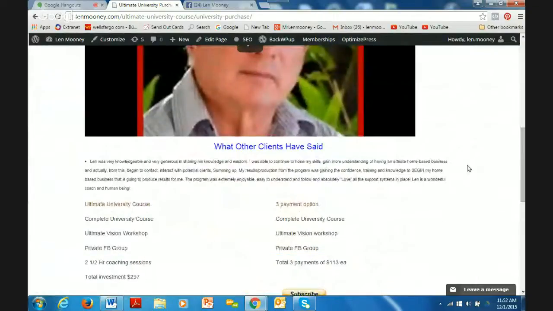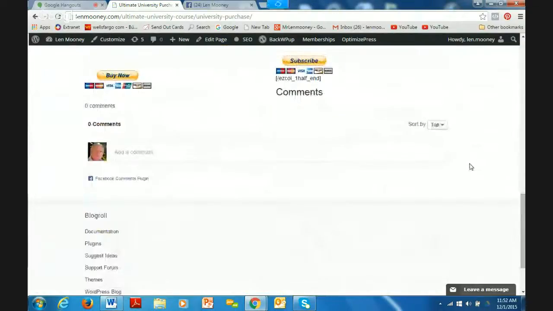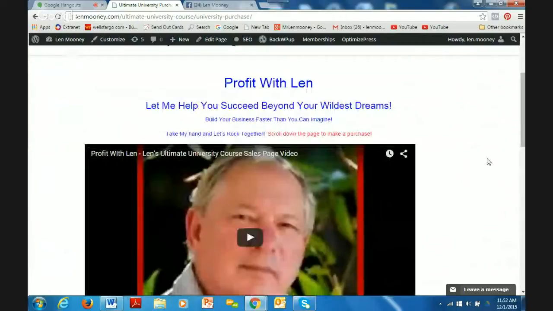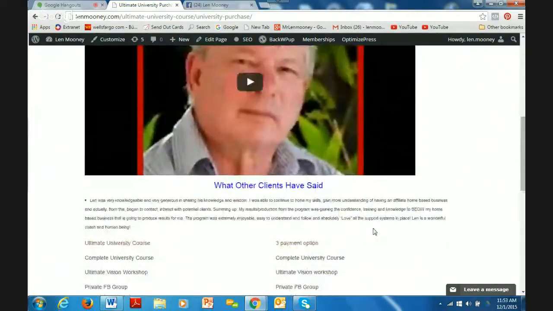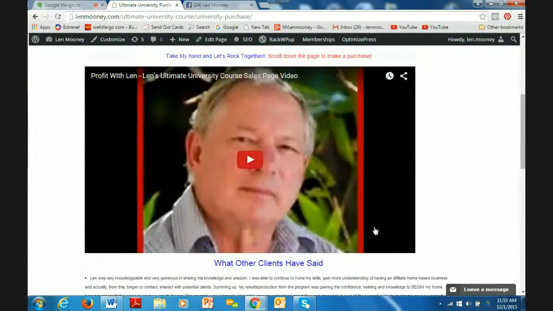The sidebar is gone. There is no sidebar. There is nothing on that page. The only thing you can do on that page besides leave the page is scroll down and make a purchase. Can't do anything else. I had these sales pages with the sidebars on and all the other things. Too distracting. It's one of these things that seems obvious once it's mentioned to you, but I didn't think about it. So I think it's a really good point.